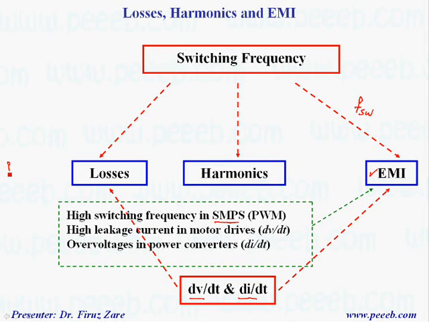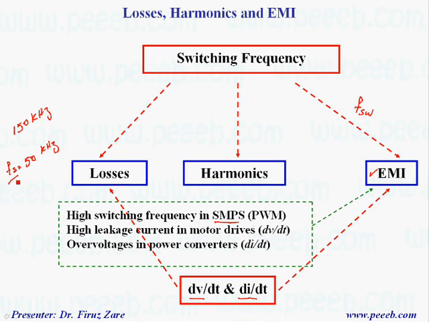If switching frequency is above, for example, 50 kilohertz, then the third sideband will be around 150 kilohertz, which is in the range of EMI. So that's why in some applications when switching frequency is pretty high, we may have an EMI problem because of switching